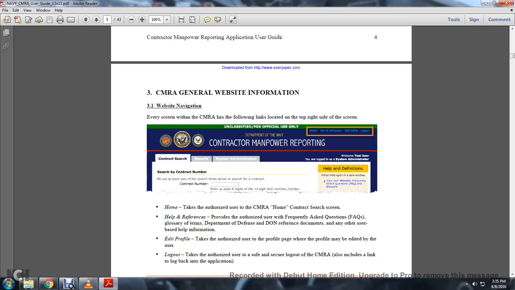3. Contractor Manpower Reporting Application General Website Information. Website navigation. Every screen within the Contractor Manpower Reporting Application has the following links located in the top right side of the screen. Home takes the authorized user to the Contractor Manpower Reporting Application home screen. Resources, Help Reference, provides authorized users with the frequently asked questions, generally